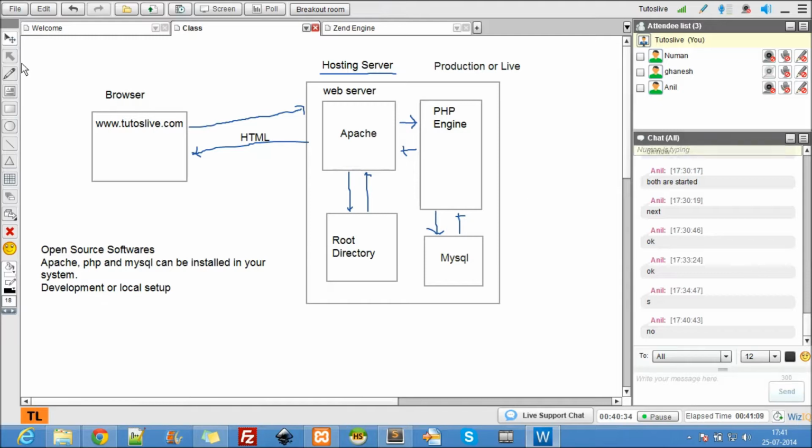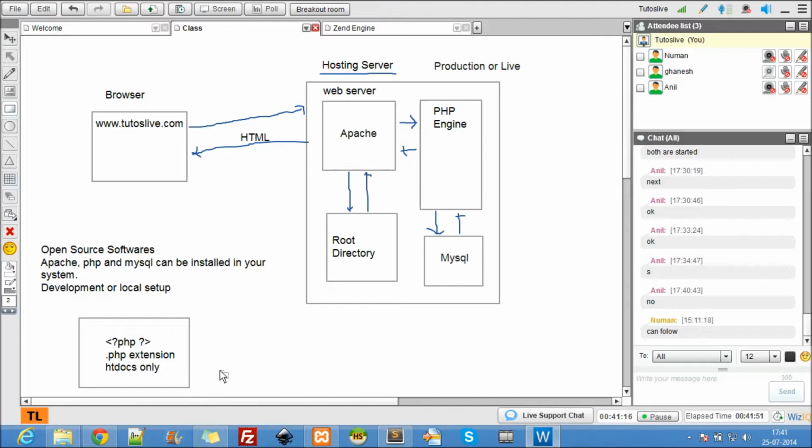Here I would like to mention a few points. The PHP code always goes inside these two symbols. Remember this, and the file should have a .php extension, and you have to save it in htdocs only. If you save anywhere else, it does not really work, because htdocs is my server's root directory. So it always has to go into the root directory. These three things to remember, guys. If you forget them, always come back to the recorded version and check it out.